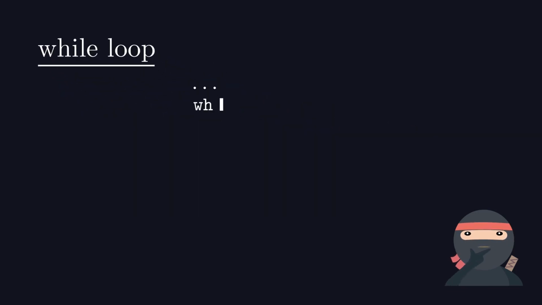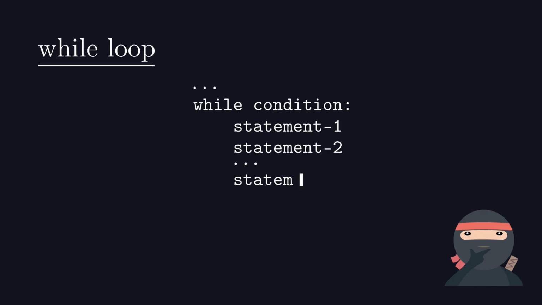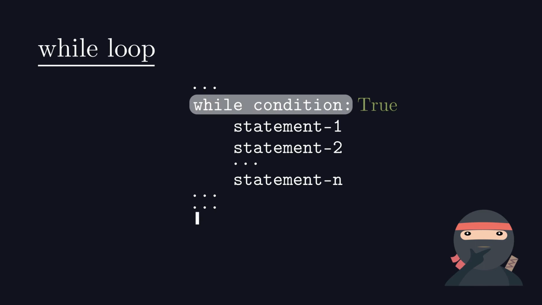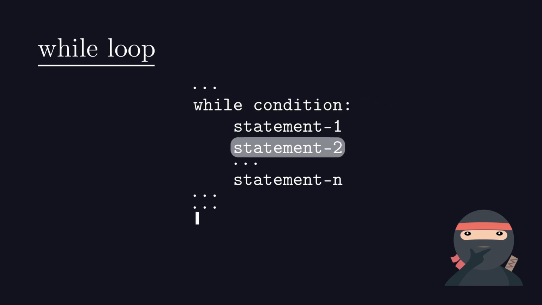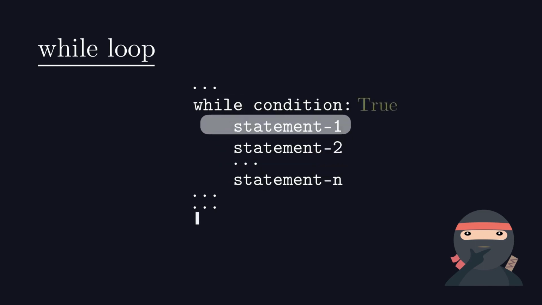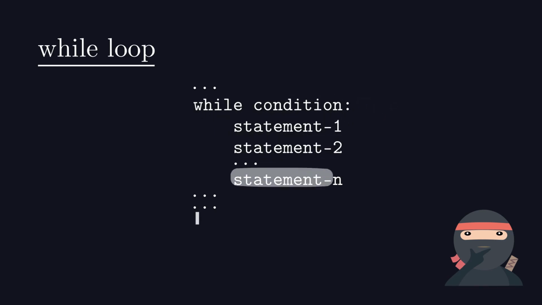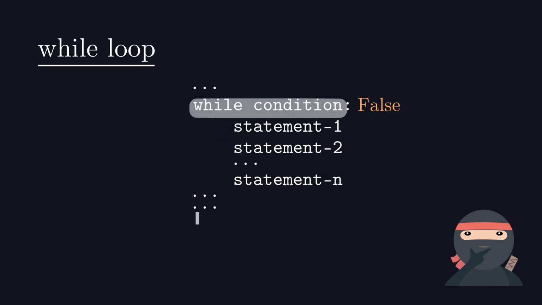There are times when we want to repeat some steps in a program. This is where we can use the while loop. A while loop takes a condition similar to the if block. Inside that, we can write as many statements as we want. When we run the code and it reaches the while, it will check for the condition. If it is true, then it will enter the block and execute it. After the last statement, it will again check for the condition, and as long as it's true, it keeps going inside. When the condition gets false, it will just move on to the next block.